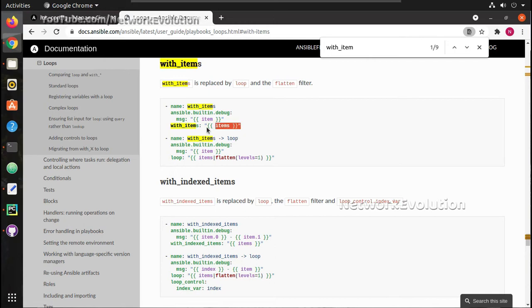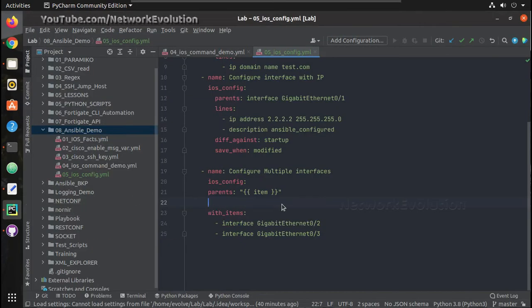So here you can see with item, then we'll be giving all the items. We have given all the interfaces, then inside that here they are printing each item. Similar to that, this is our with items and parent this item. So now we'll give the commands.